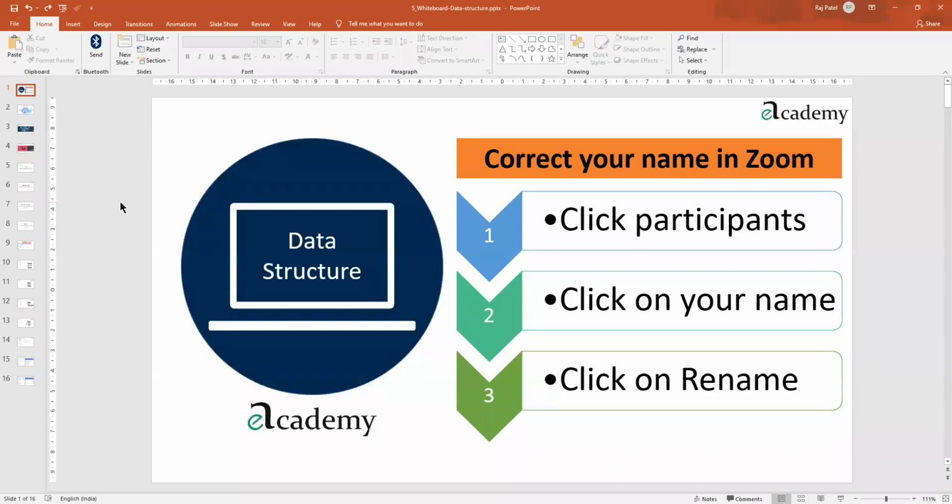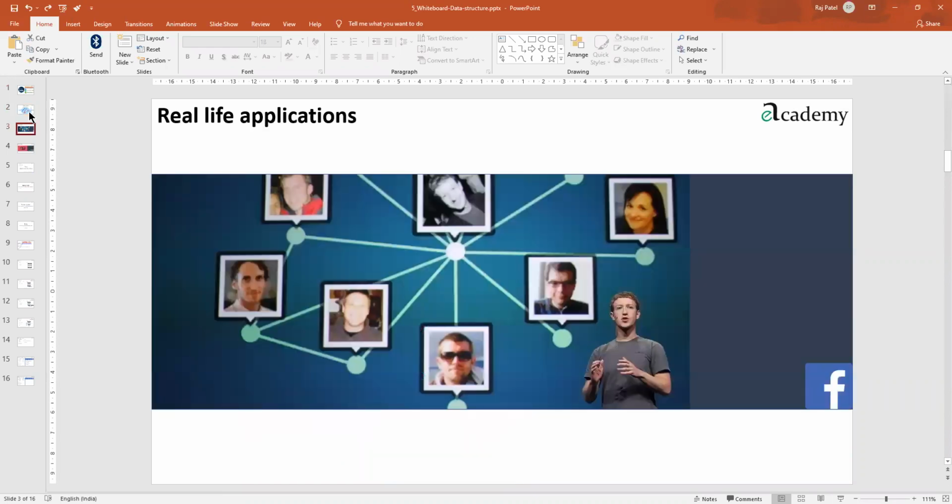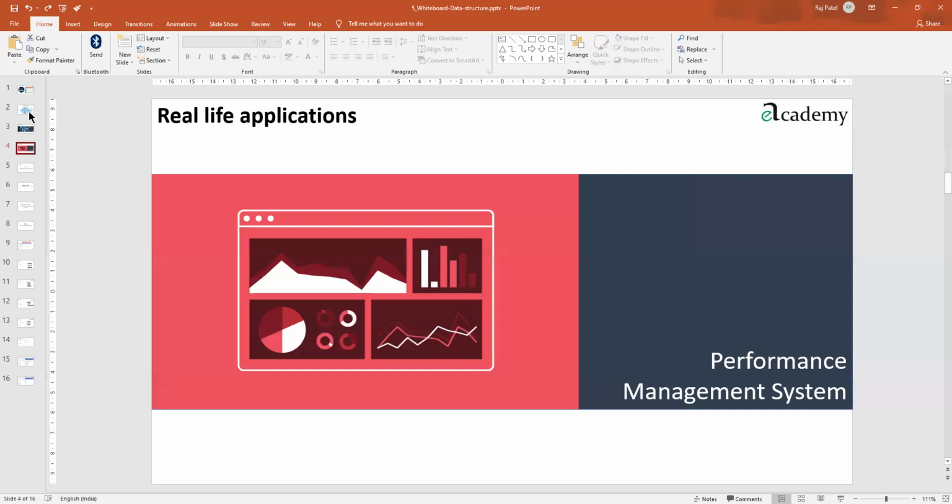Okay, so this is lecture number 2 of data structures, and to recollect a few things which we did last time, I told you a few things about what data structures are all about. There are types of data structure. A data structure is nothing but how you organize the information or the data, in a linear fashion or a non-linear fashion. Each will have its advantages and disadvantages, which we will be seeing in the further topics. Then I also told you about a few applications in real life, how they are being utilized.